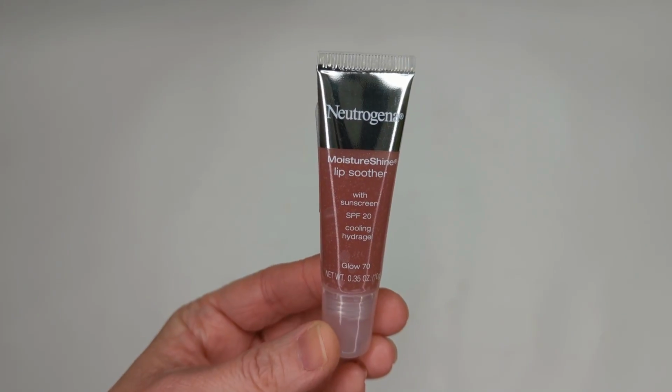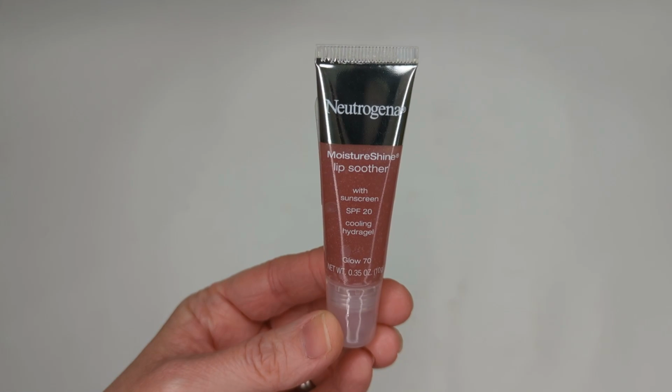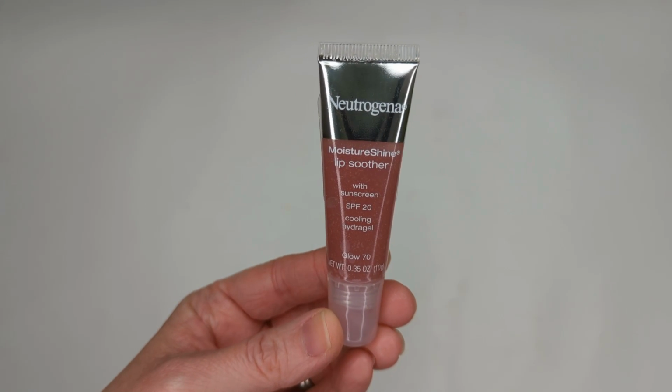And then one more lip product that I have is from Neutrogena as well, and I saw this at CVS a couple weeks ago, and I purchased it just on a whim. I was looking for a lip balm, and this is their Moisture Shine Lip Soother. It has SPF 20 in it, which is really interesting because a lot of lip products don't have SPF. It claims to be a cooling hydrogel, and I just got mine in the shade Glow 70,